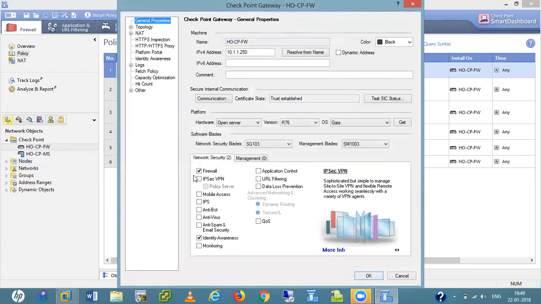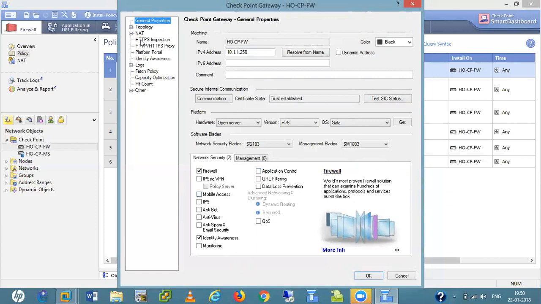So the thing is, first we enable the blade here. Which blade? These ones, application control and URL filtering. Or we can do the enablement of these blades later. First we are going here, see HTTP inspection. First I tell you how we can configure HTTP inspection, and after that I show you how we can start with application and URL filtering. I think that will become very helpful to you also.